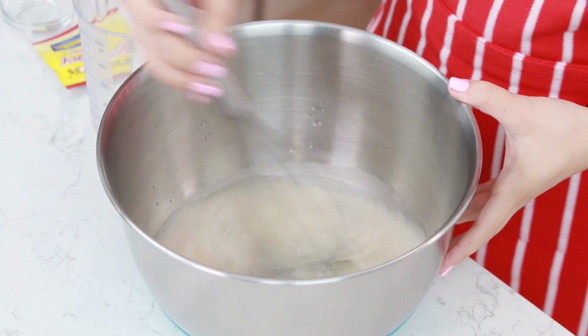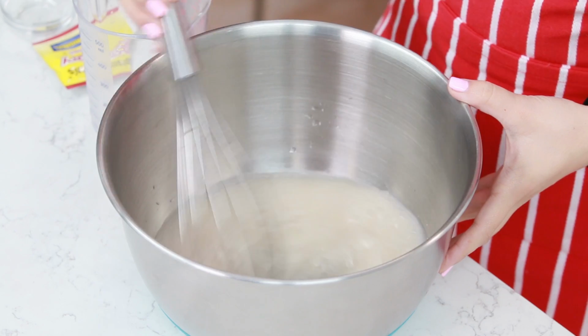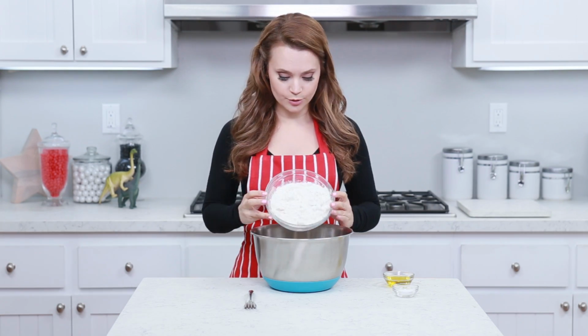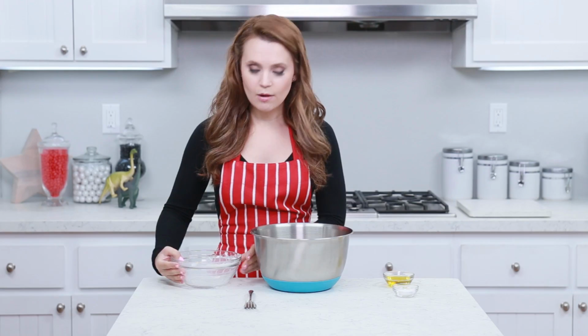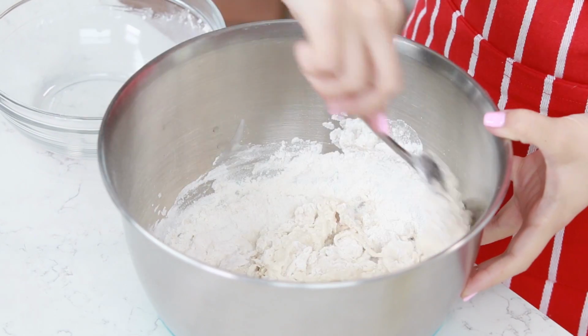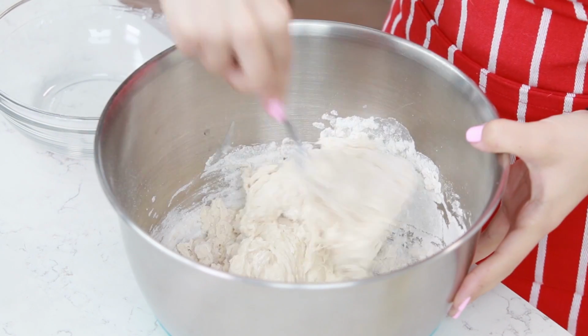you're gonna whisk it up until it's nice and frothy. It'll have little bubbles. Once this is mixed up, we're gonna add our first helping of flour, so just pour it in. Now I'm gonna be using a fork to mix it up because the dough will be a little thicker. You're just gonna wanna keep mixing this together until it forms a loose dough, and then we're gonna be adding